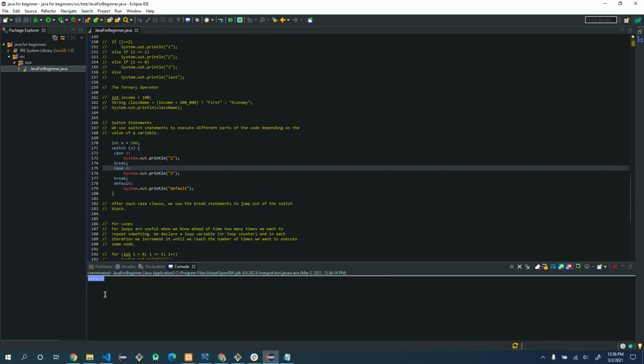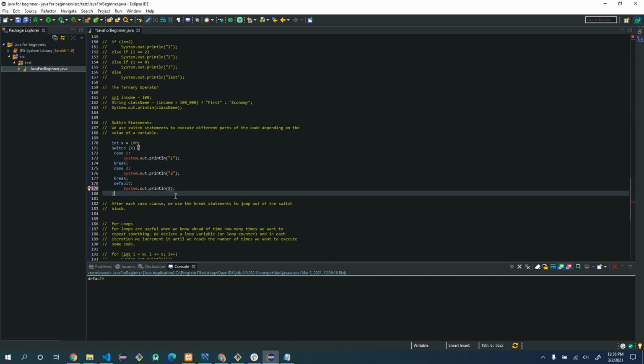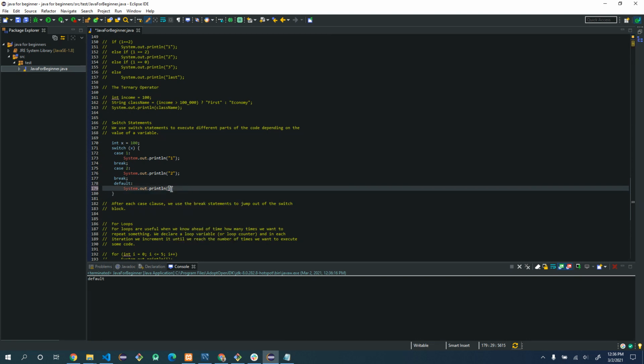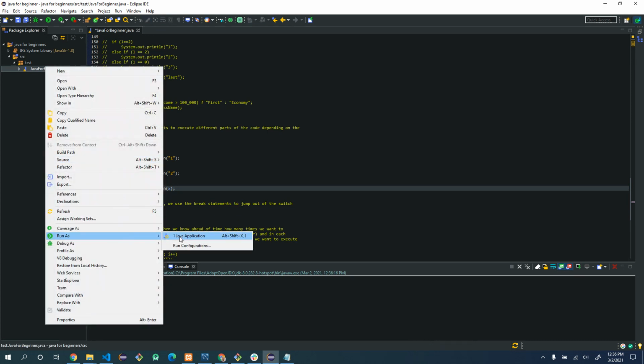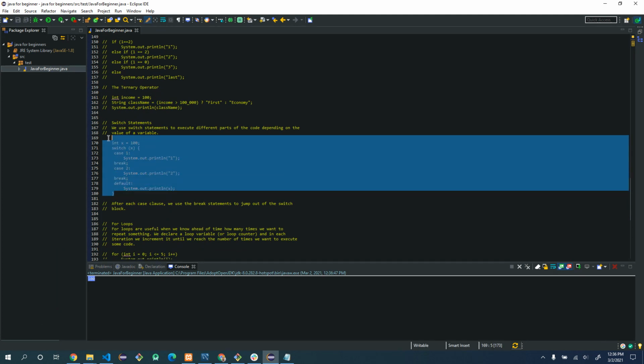And he prints the default. Let's say I want to print x. Sorry, I made a capital letter, it should be a small letter. So if any of this situation is true, I want to print x, which should be 100, and he prints 100. So this is the switch